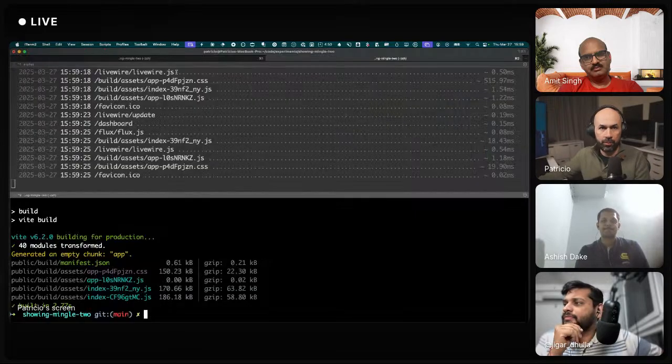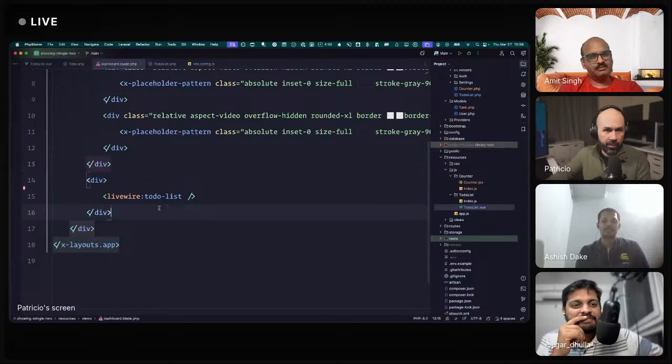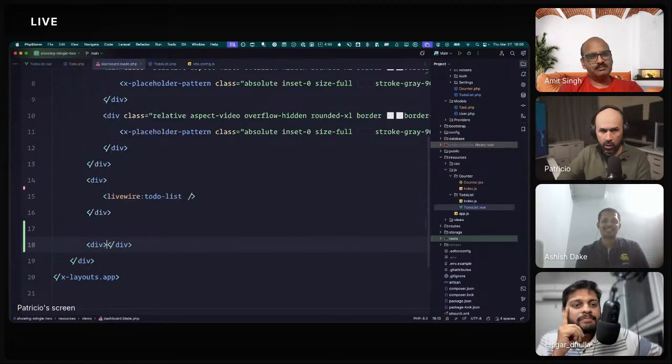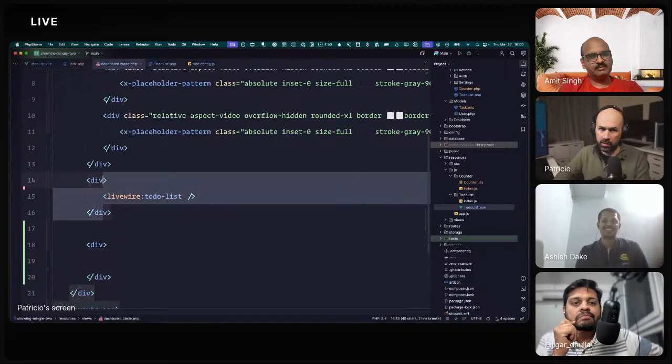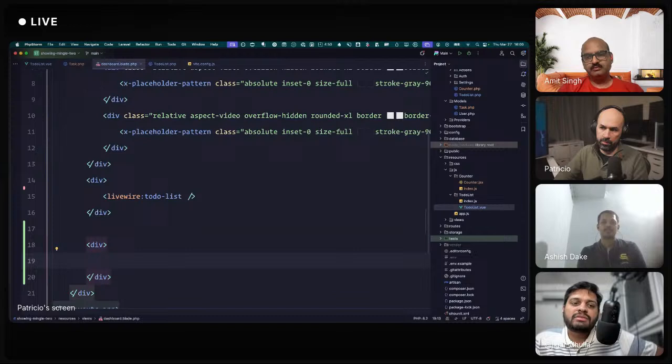What I was going to say is we can have another div here, which is not mingled. And here it would be something else. I think it would fetch from the database itself, right? The new component that we'll create.